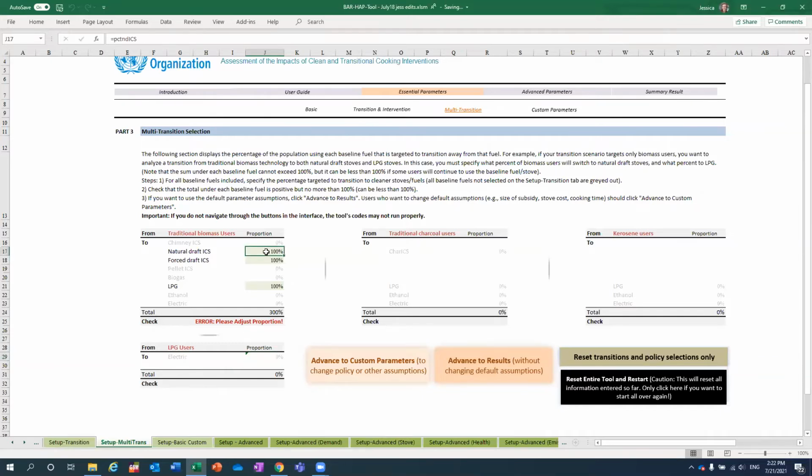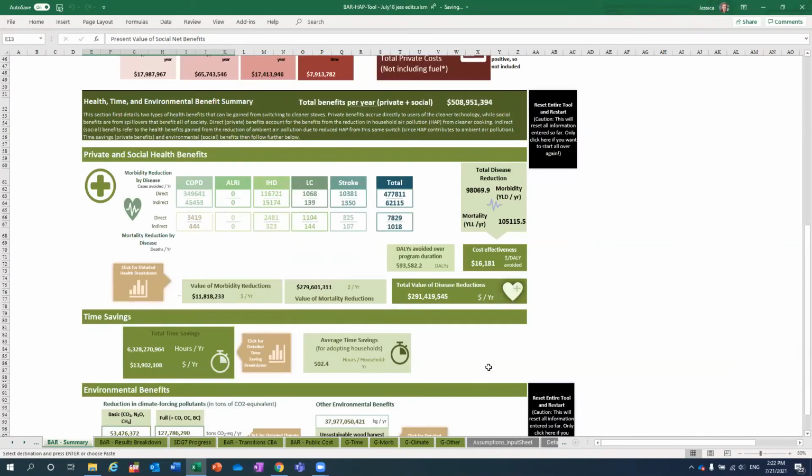Let's say that 40% of the population of traditional biomass users will be targeted to transition to natural draft improved stoves, 20% to forced draft improved stoves, and 40% to LPG. So now we see the error is removed. To use the default assumptions, we'll click on Advanced Results, and it will take us to the Results Bar Summary